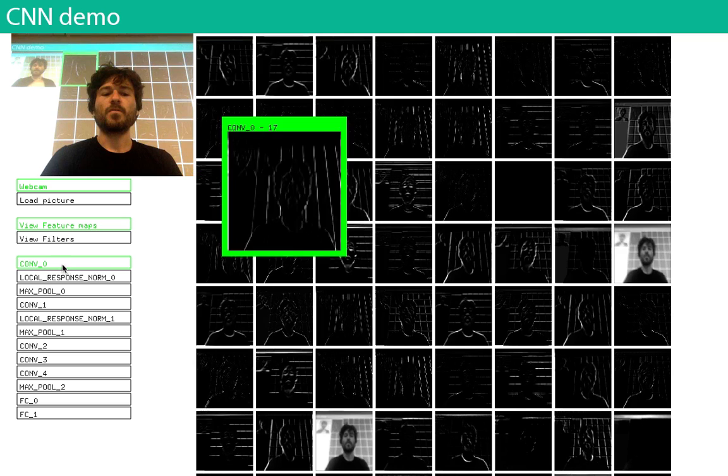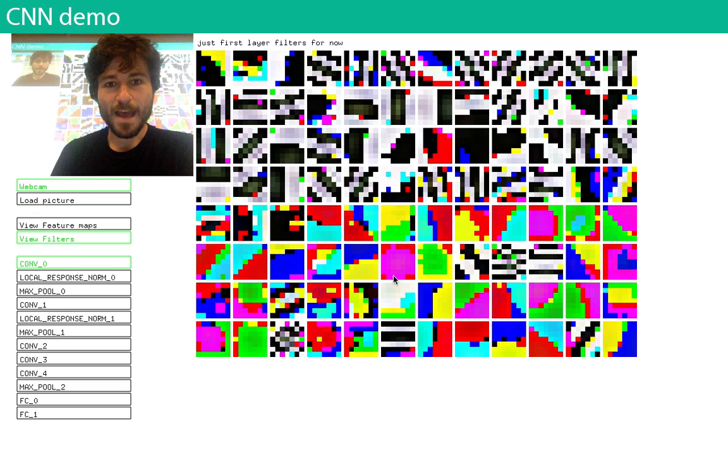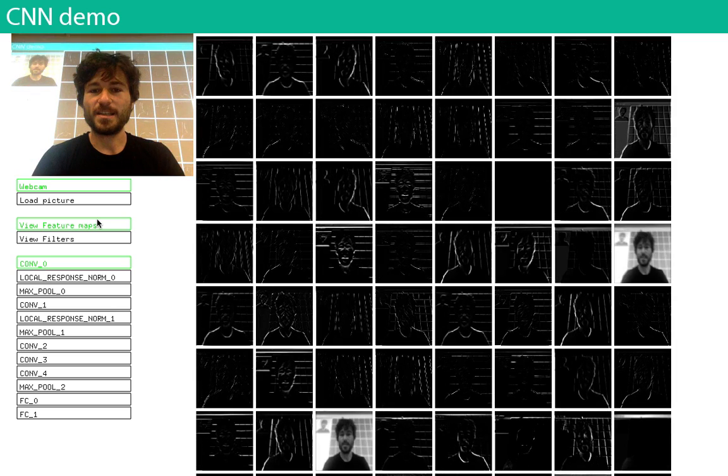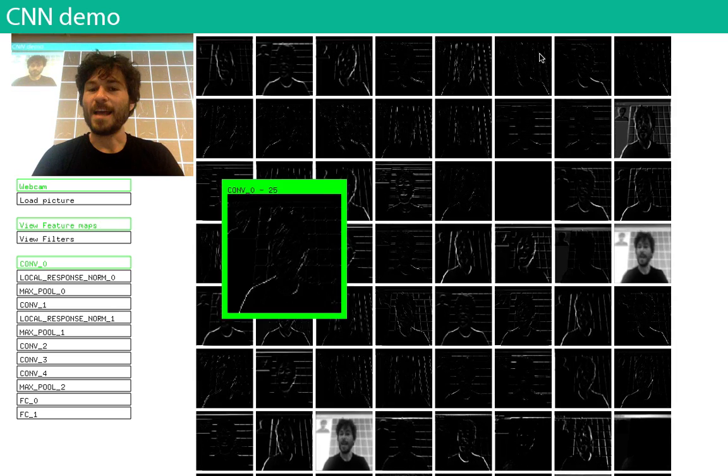Okay, so instead of having 8 filters, we actually have 96 of them in the first layer, right? And they look like this. And again, they're learned from training. We haven't talked very much about training, and we're going to mostly gloss over it because there's not enough time. But if we take all of these 96 filters and we slide them across the image, we get a response that looks like this.